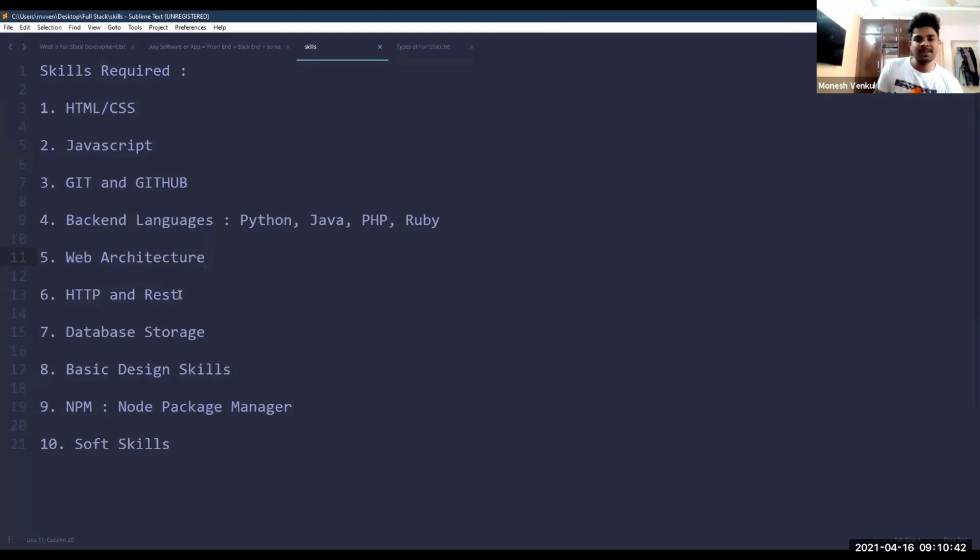Next is HTTP and REST. HTTP and REST is nothing but it involves your security and the user management also. Means if you build an application, it can only take up to 100 customers. What if months passed by and 1,000 customers come to your application? Then you need to do something to manage all the 1,000 people, right? So that is where HTTP and REST protocols take place. You need to know them to increase the efficiency of your website.